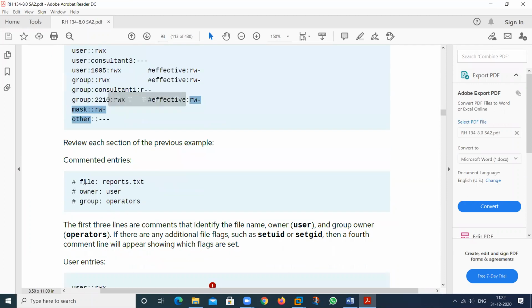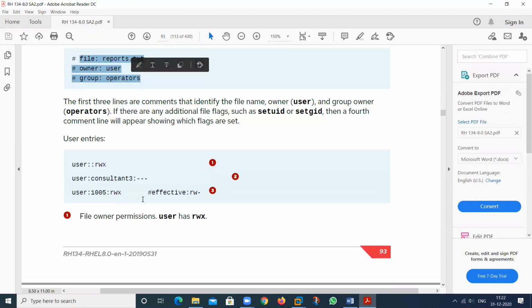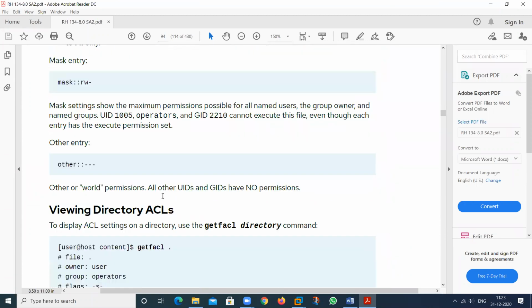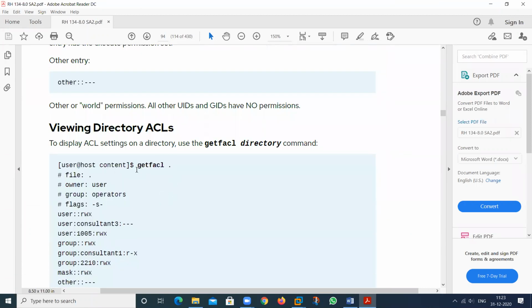So we use the getfacl command to check the permission. getfacl with a dot means it represents the permission related to the present working directory. What are the permissions related to this particular folder? This is the folder name, and this shows the permissions of this particular folder.